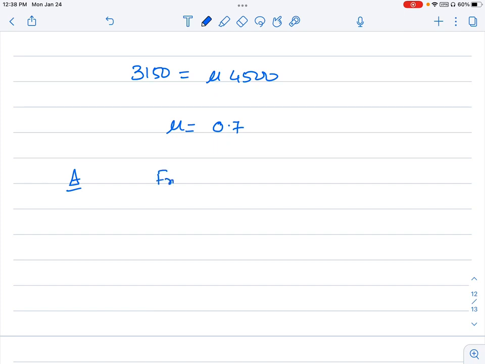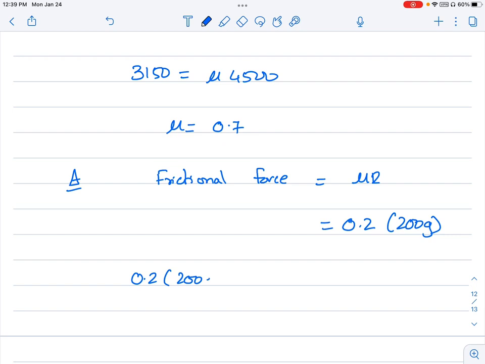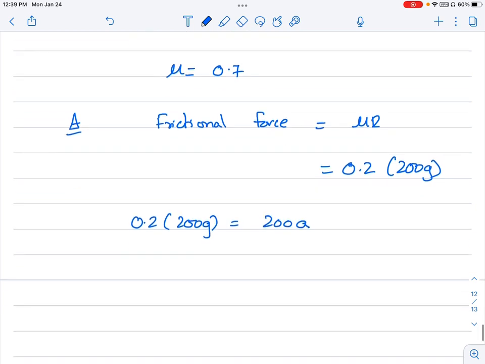the frictional force. What is the frictional force for A? Which is mu R. Mu is nothing but 0.2, and R is 200 g. So this is mu R, and this should be equal to ma. So 0.2 times 200 g should be equal to 200 a. So from there,